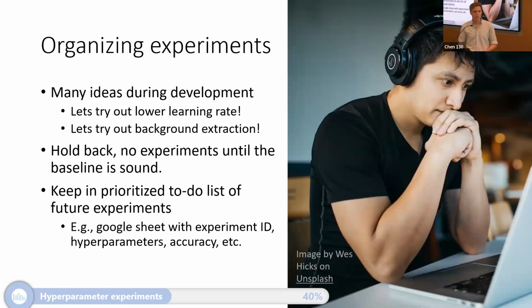How to organize those experiments? Once I start coding up and running my first model, I usually get incredibly excited and just looking 10 minutes at the training curve, I already have all these ideas, like what if I change my learning rate? What if I try this new split? What if I change the weight decay? But most of the time I can only run one experiment at a time. So